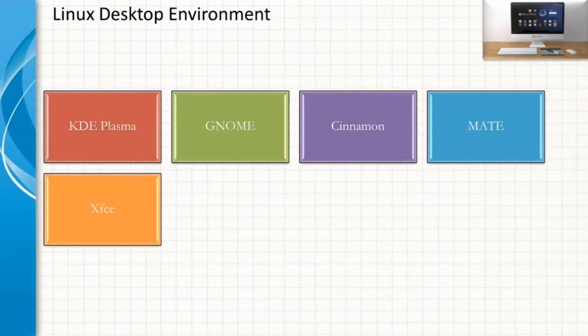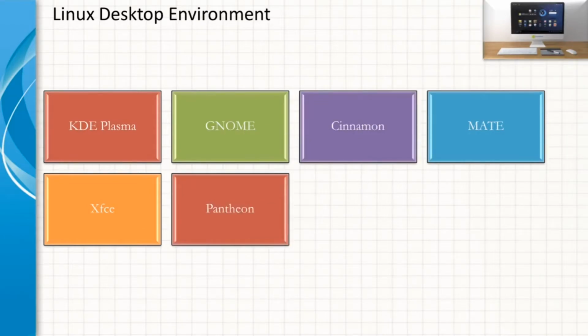XFCE. XFCE is a lightweight desktop environment for Unix-like operating systems. It aims to be fast and low on system resources while still being visually appealing and user-friendly. It embodies the traditional Unix philosophy of modularity and reusability. It consists of a number of components that are packaged separately, and you can pick among the available packages to create the optimal personal working environment. Another priority of it is adherence to the standards, specifically those defined at freedesktop.org. A few of the supported platforms are Arch Linux, Debian, Fedora, FreeBSD, Gentoo, etc.